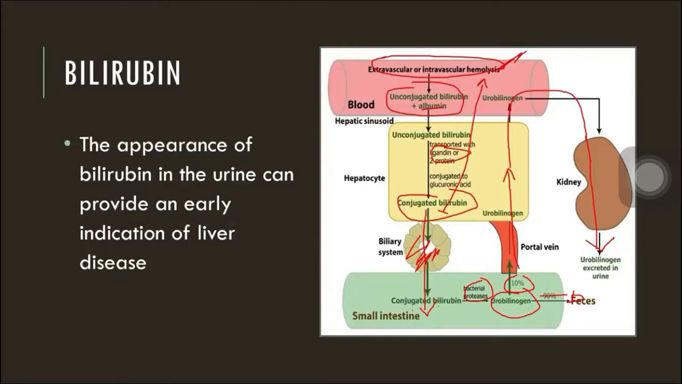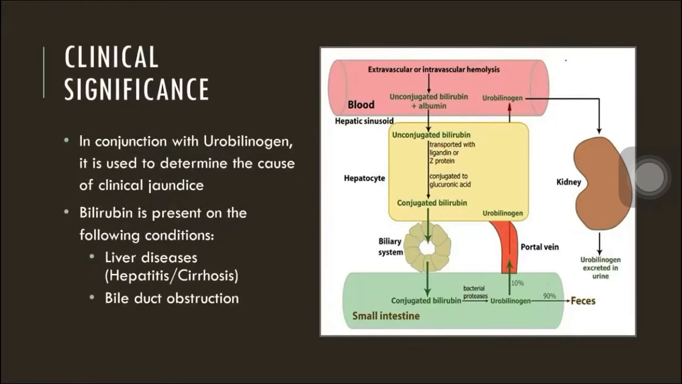So, the more conjugated bilirubin, the more urobilinogen. So with more urobilinogen, more goes to the feces as well as more is absorbed back into the circulation. That's why for hemolytic anemia or hemolytic diseases, there is an increased urobilinogen. So again, our clue: hemolytic anemia, positive for urobilinogen. For bile duct obstruction, positive for bilirubin. So in conjunction with urobilinogen, it is used to determine the cause of clinical jaundice, whether pre-hepatic, hepatic, or